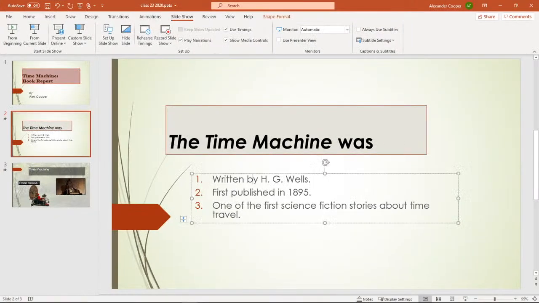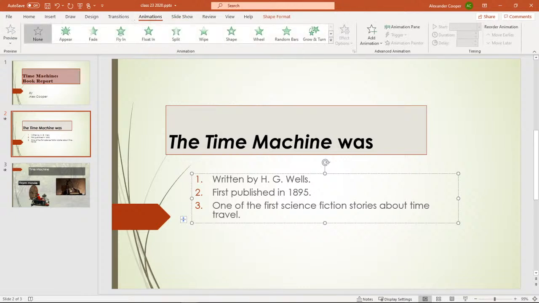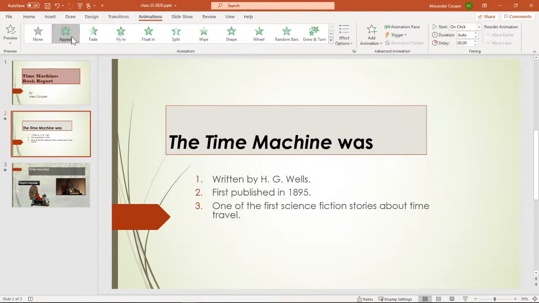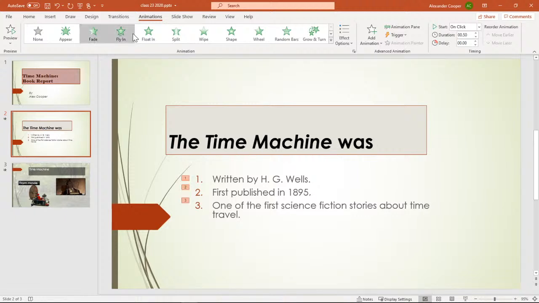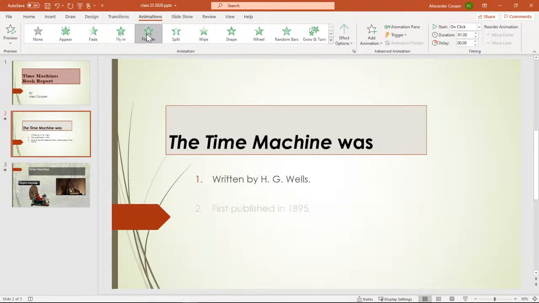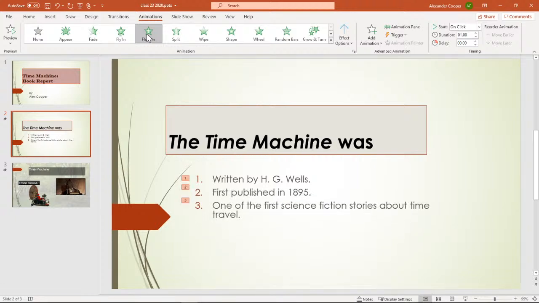Now, the first setting we have on here is we go to animation, and if we left click on the text box, we can choose like appear, fade in, fly in, float in. Some folks will just use this, instead of just a click, it's a different way of transitioning, more specific.